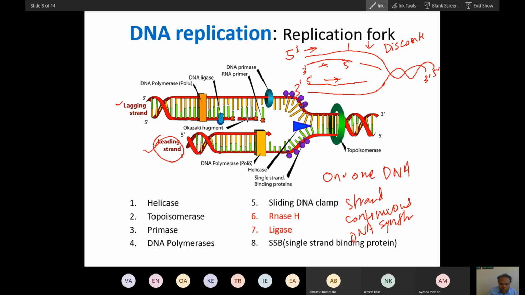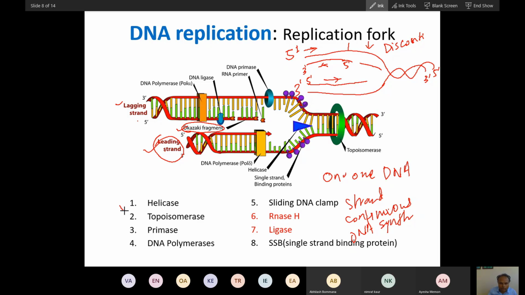And these incremental fragments are called Okazaki fragments. You can see these are called Okazaki fragments. So the fragments that are formed on the lagging strand are called Okazaki fragments, and this is the leading strand. So you can see various terms are coming: leading strand, lagging strand, Okazaki fragment. These terminologies are for DNA only, and there are also terminologies for enzymes.